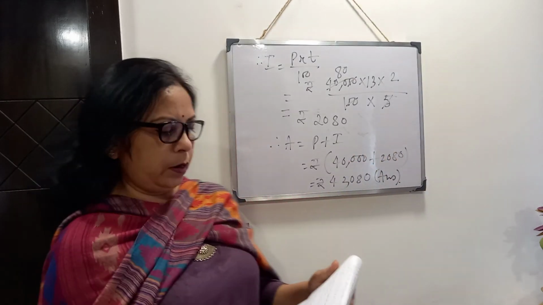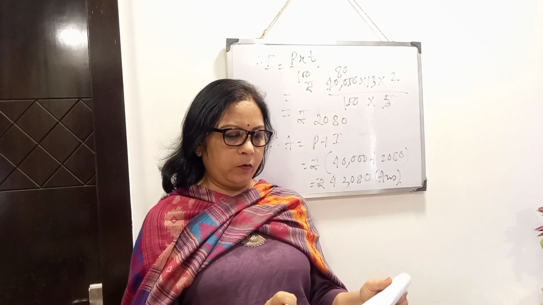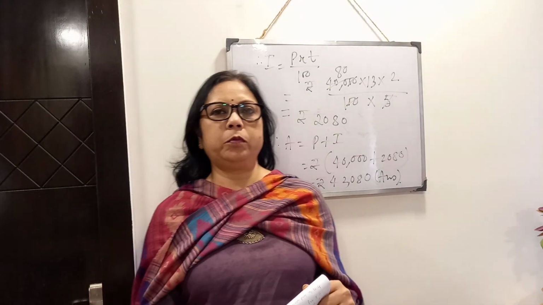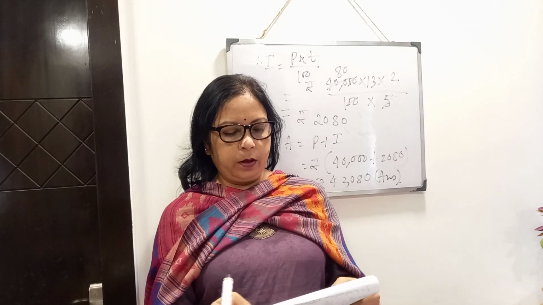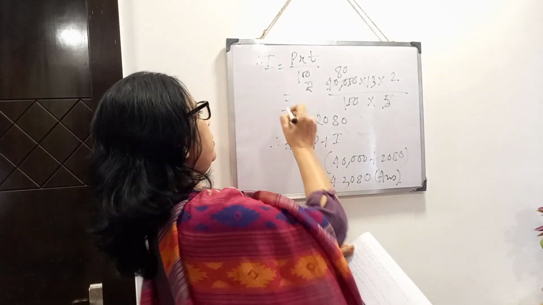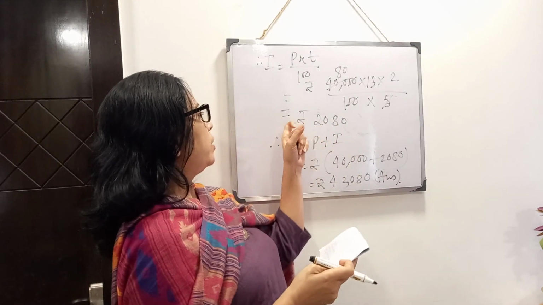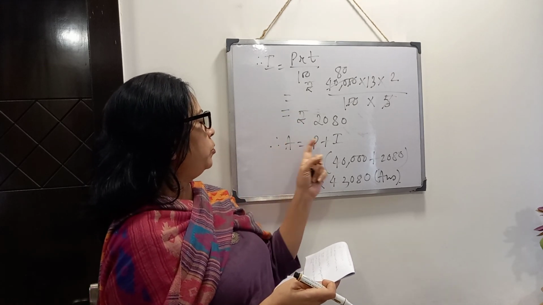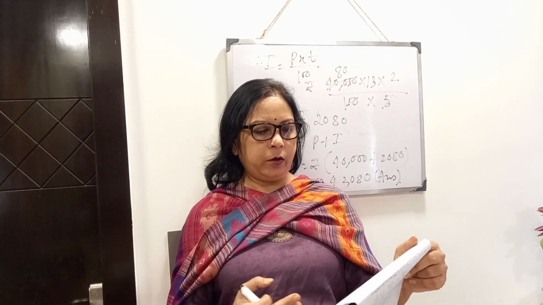So first what we had done, from 15 Jan to 9th June, we had calculated the total number of days. Then we had converted this number of days to years. Clear? Then rate given, principal given, time we had calculated. Then in this formula I equals PRT by 100, we have put all the values and calculated interest first. Then after getting the interest, amount equals principal plus interest. So if you add, you will get this amount. Clear? Now next part you will get in the next video.